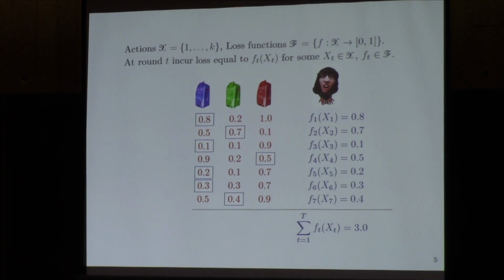Okay, but let's stick for now with losses. So at the end of the game, the player looks at all the losses it accumulated, and of course wonders how well it did, right? And a natural baseline is to compare with the rewards that it would have accumulated in hindsight if it played